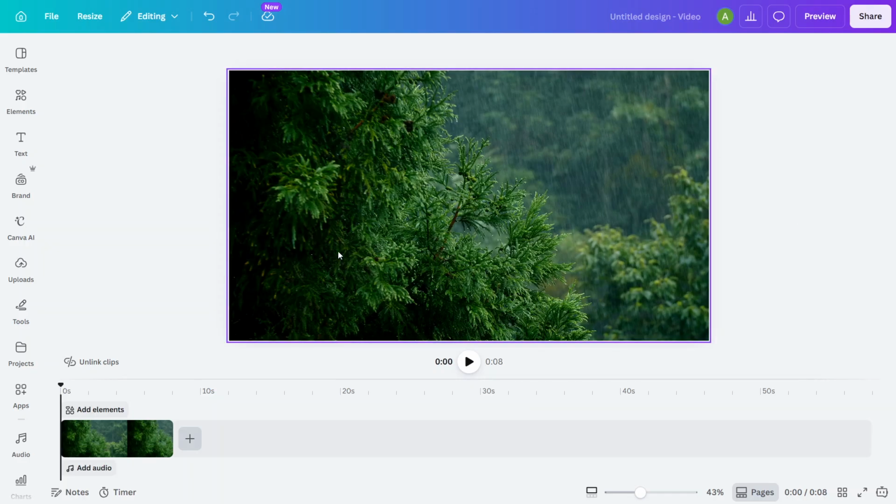First, open the Canva project where you want to add your voiceover. This could be a presentation, a video, a social media post with animation, or any other design that supports audio. Make sure you're in the main editor view, where you can see your canvas in the center and the toolbar